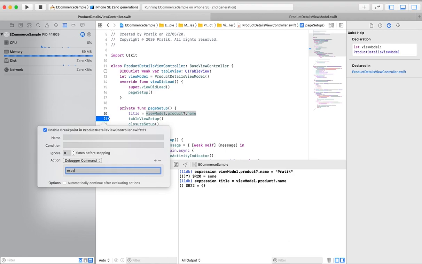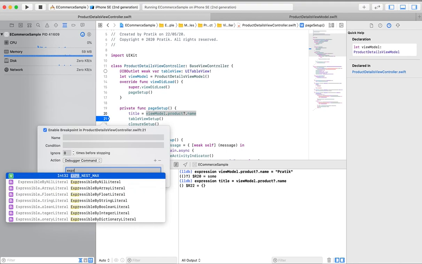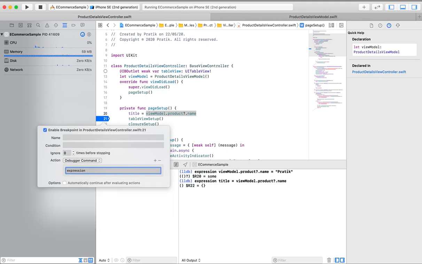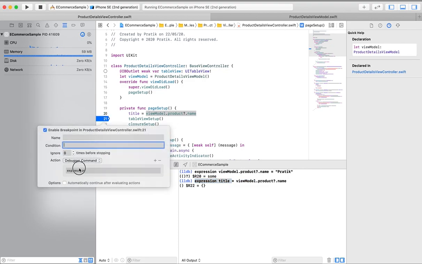For example, expression title equal to change from debugger. Now it will automatically evaluate this breakpoint.